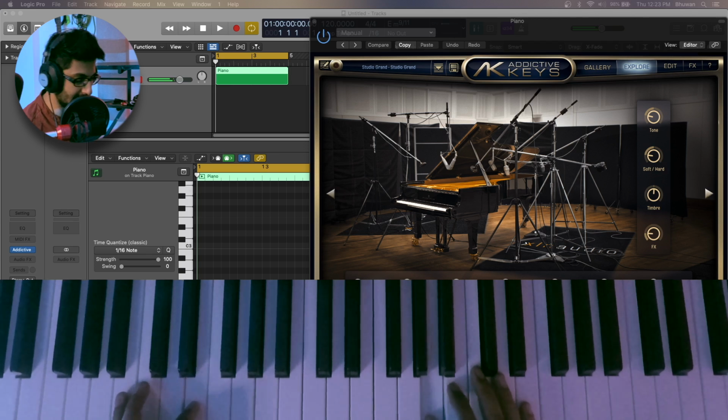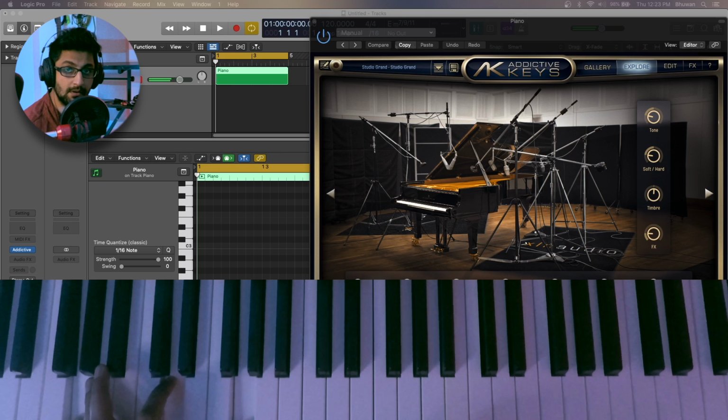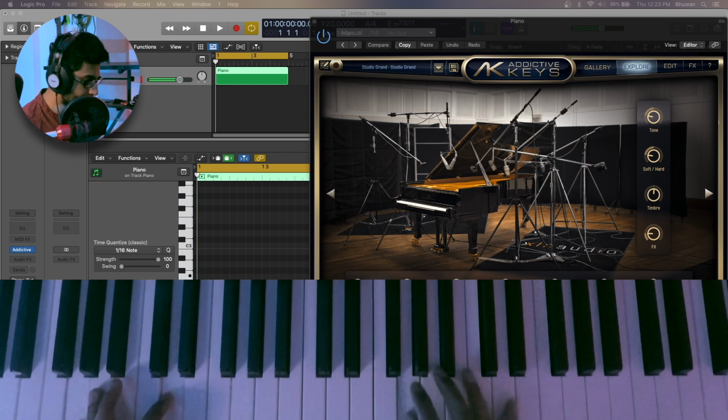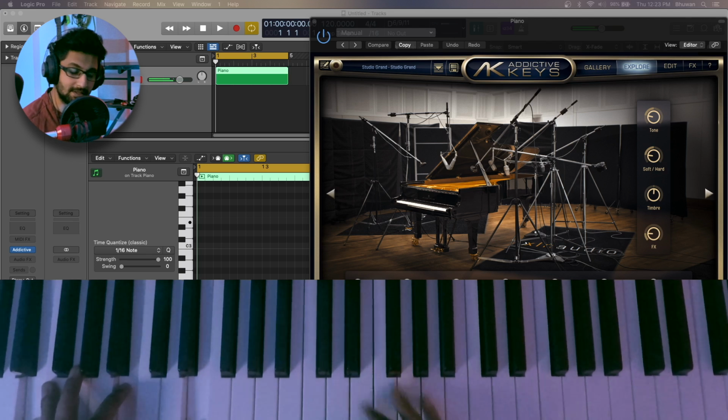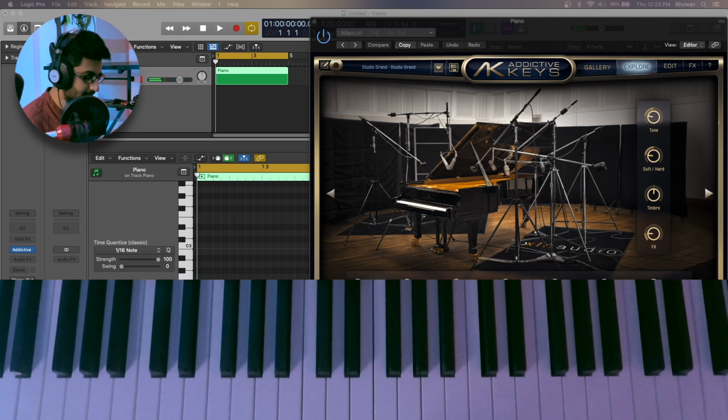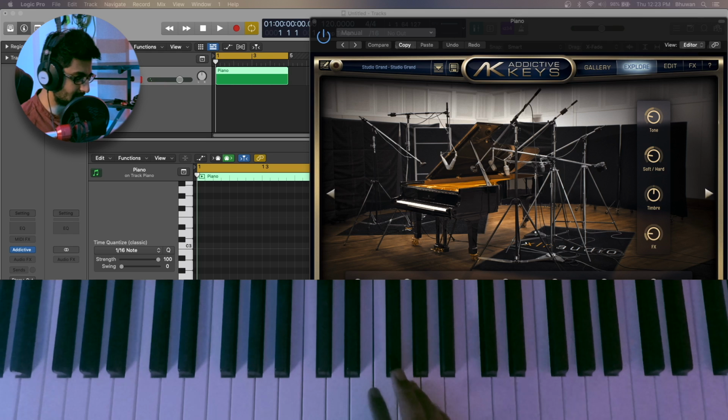So I'm just playing the A5 now, and then going back to G, D, and then back to E. So now I'm figuring out, okay, my melody is something like that,